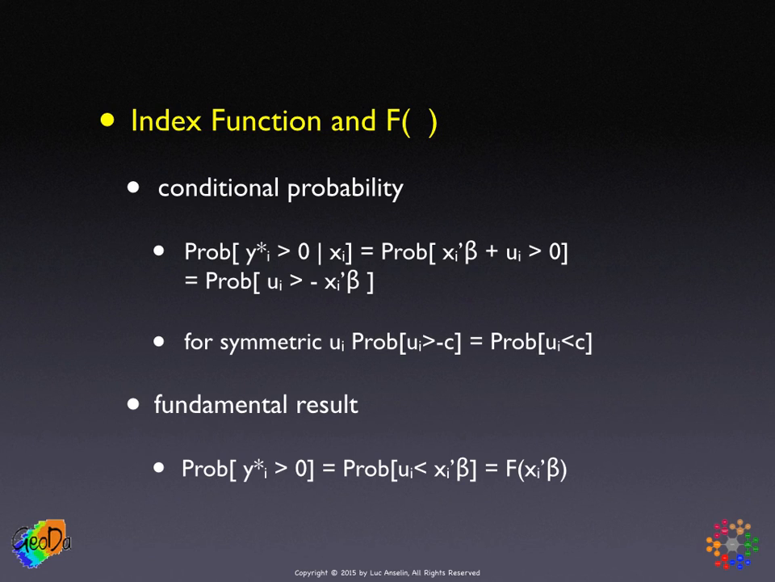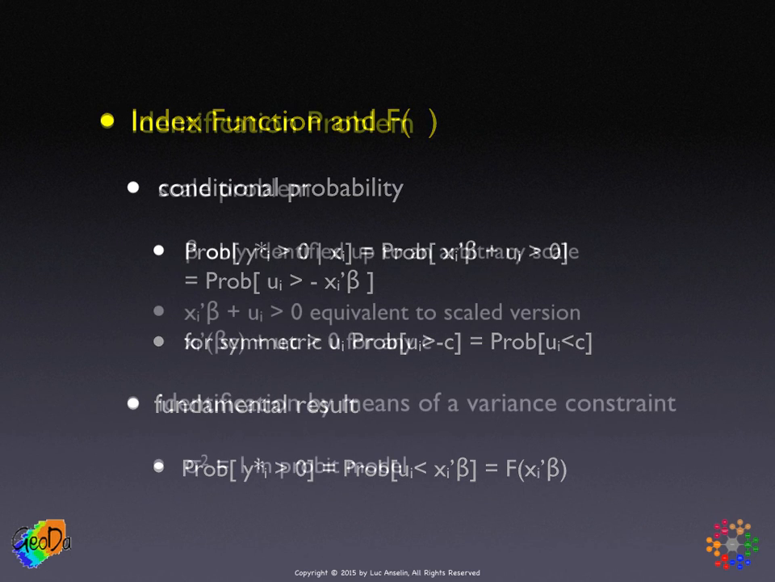We use this result to express the probability that we observe something, which is the probability that the latent variable crosses the threshold, is positive, is related to the randomness of the error term as the probability of the error term being less than x_i beta, which turns out to be the cumulative probability of x_i beta. So if we have a cumulative distribution function, we plug in the value of x_i beta and we get the probability out of there. Now, as I mentioned,